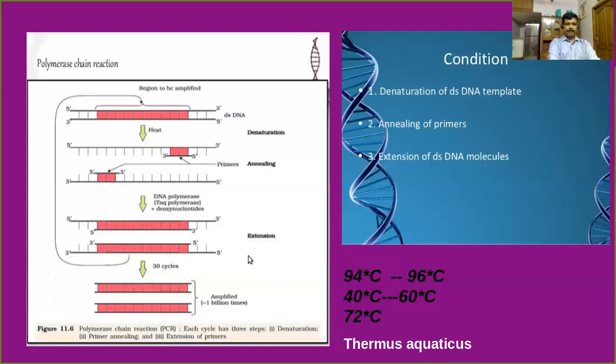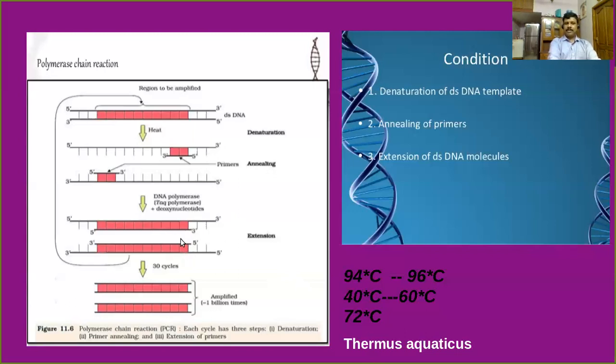Because of the presence of Taq polymerase, what happened? The extension of the primer will occur because the deoxynucleotides are present in the system. As a result, the primers are extended based on the complementarity of the template strands. As a result of finishing one complete cycle, the extension occurs at a temperature of 72 degrees Celsius. As a result, we will get two double-stranded DNA.